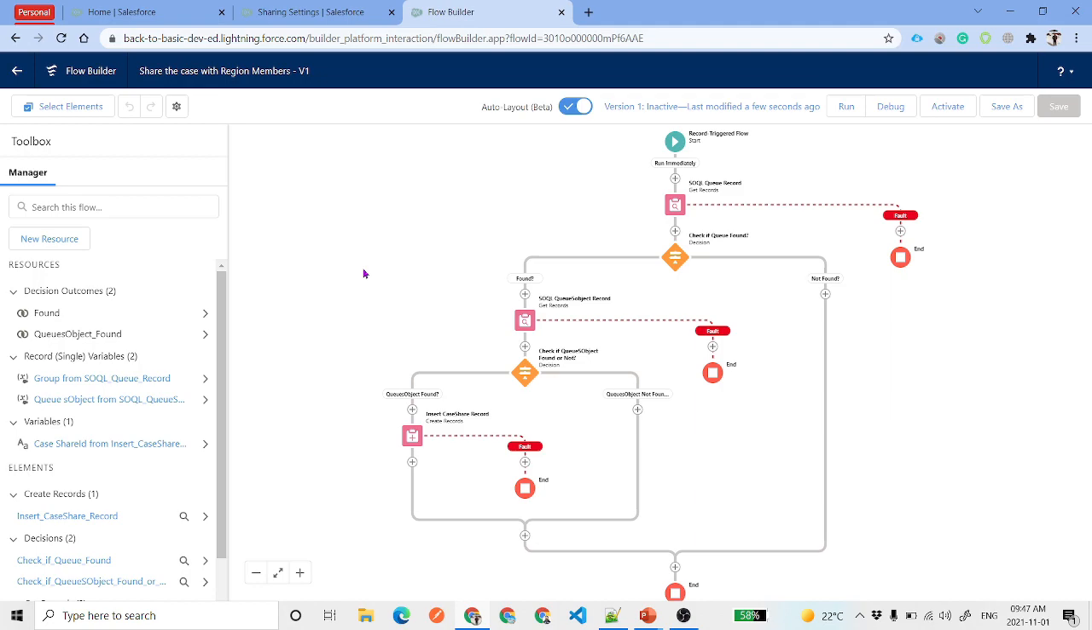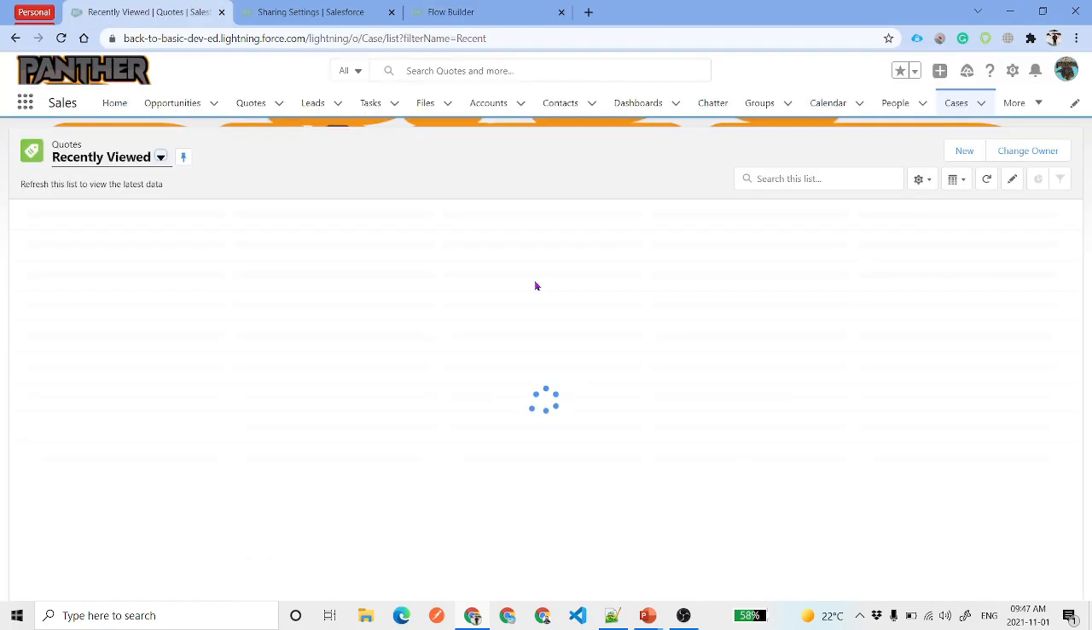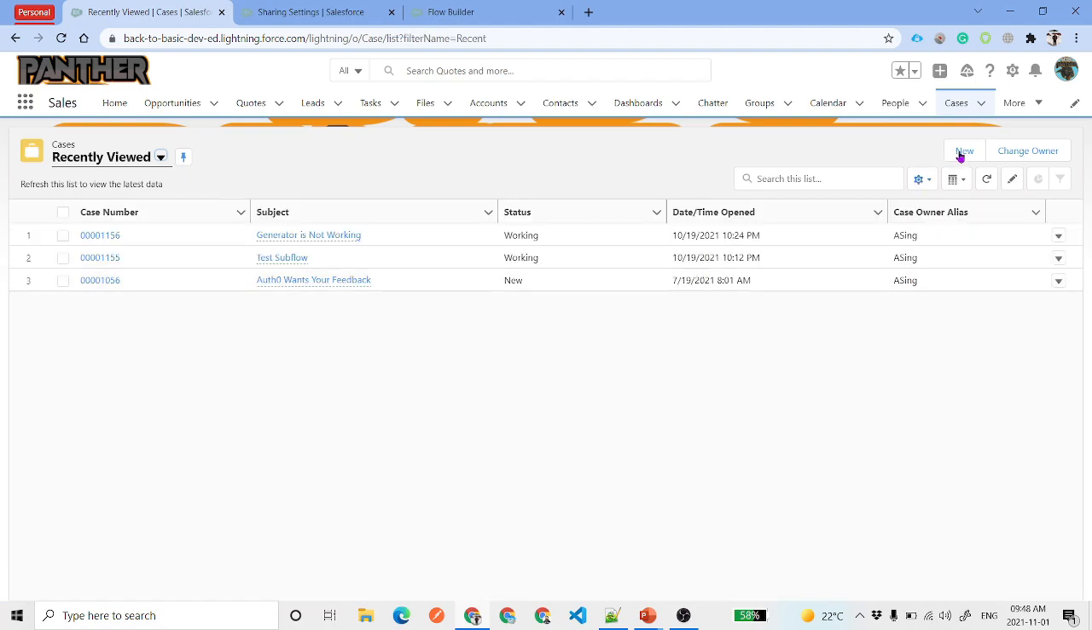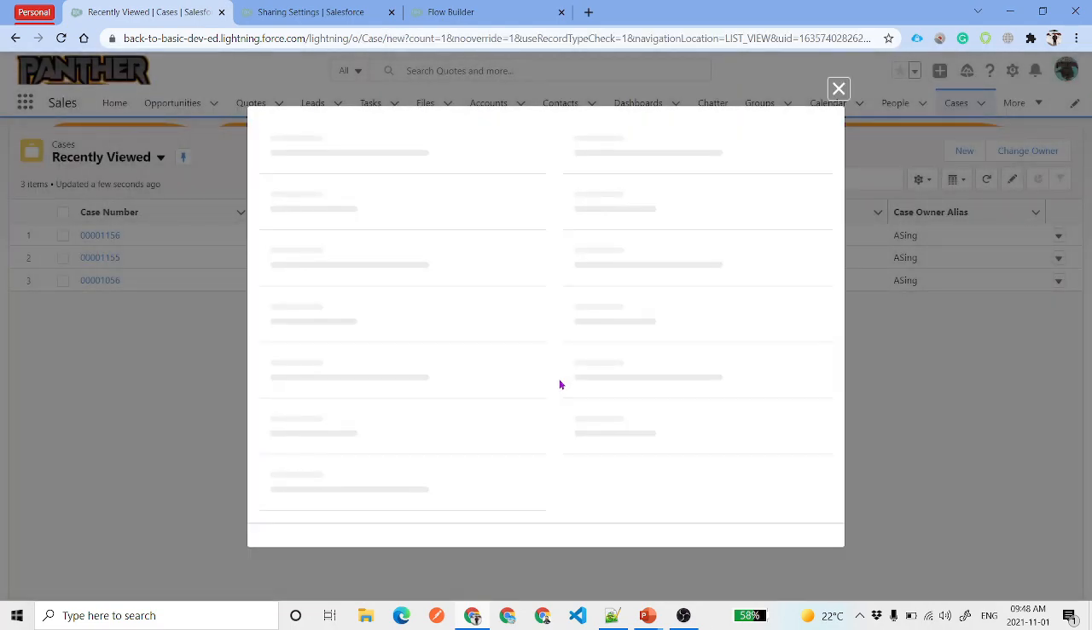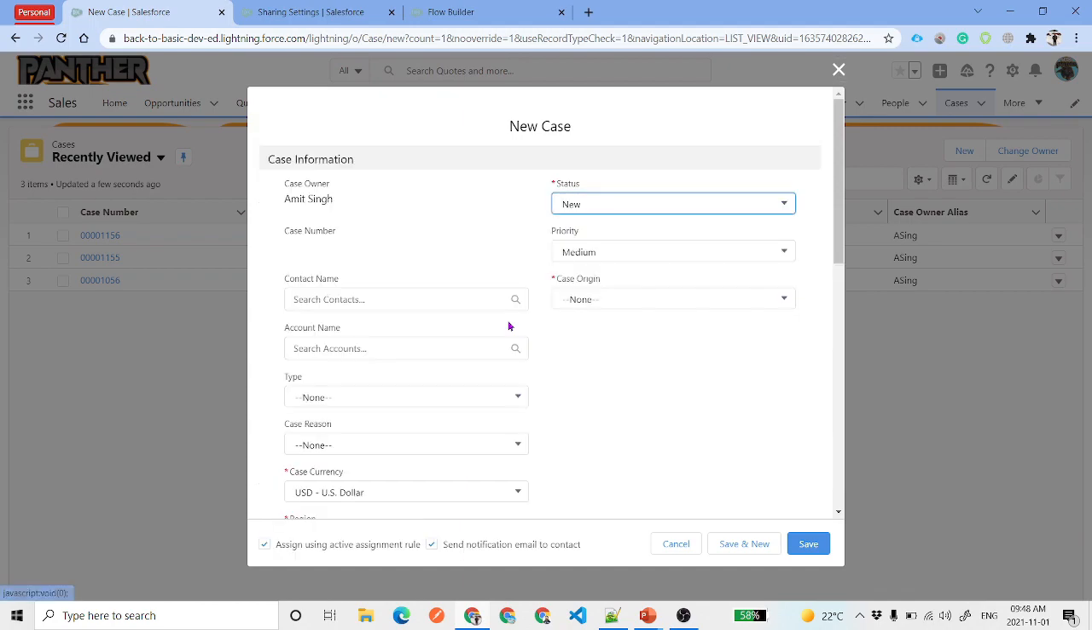And once that case record is created, we will debug using that case record. So go to the sales application, find the cases that you have and click on new. This is the case we are going to have. And you can have anything, say flow testing as a subject,